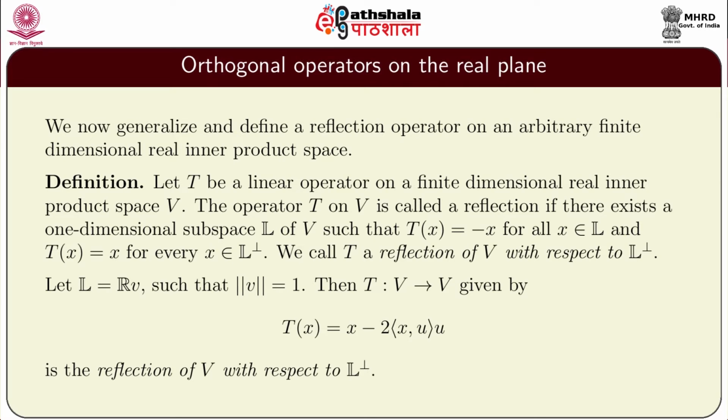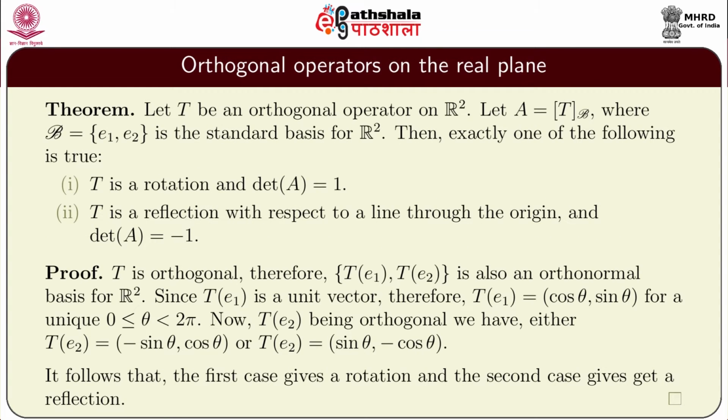If L is the span of this vector u with norm u equal to 1, then T from V to V given by T(x) is equal to x minus 2 times inner product of x comma u times u is the reflection of V with respect to L perp. Now, a theorem: